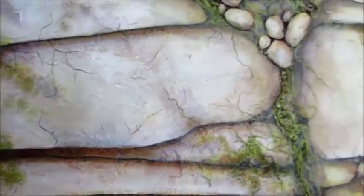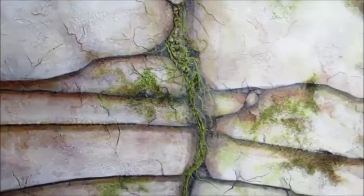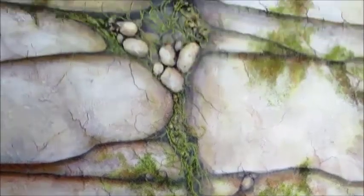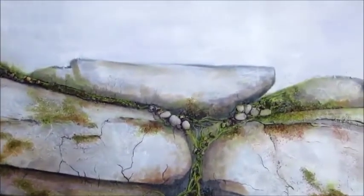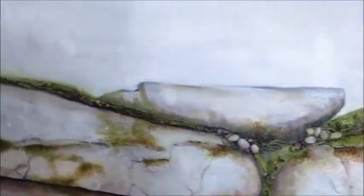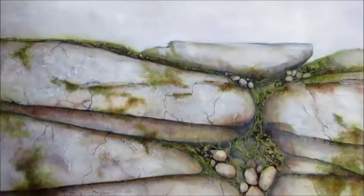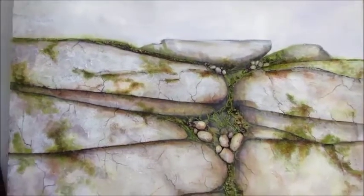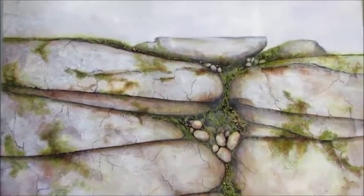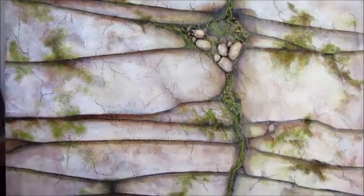And so I wanted you to see what I've done so far. And I'm actually moving up to the sky next, but I didn't want to cover all of this plus the sky at one time. So I want you to see where I am, and I'm actually moving to the sky. And then I'm going to set this painting aside after I show you the sky and just think about it